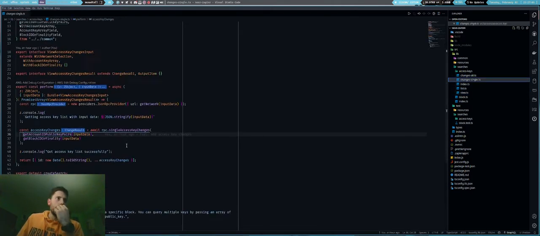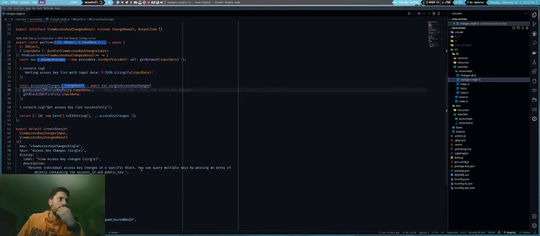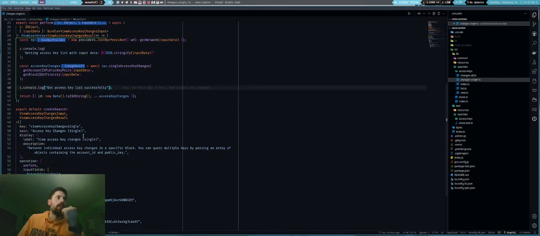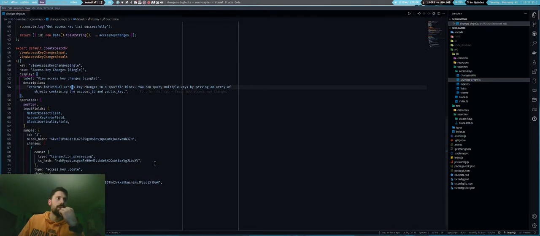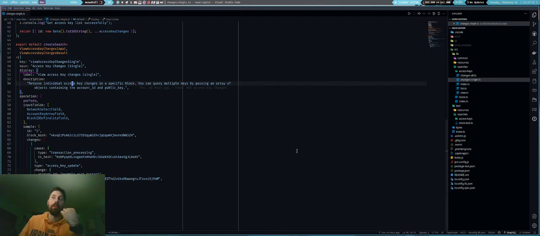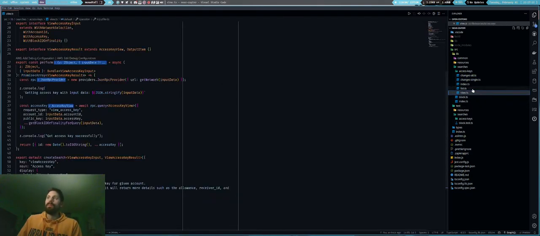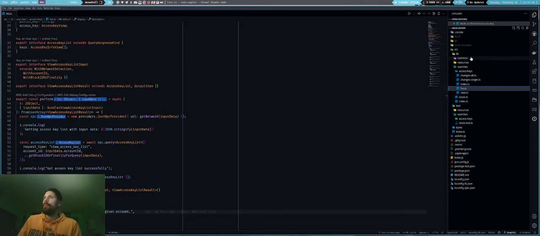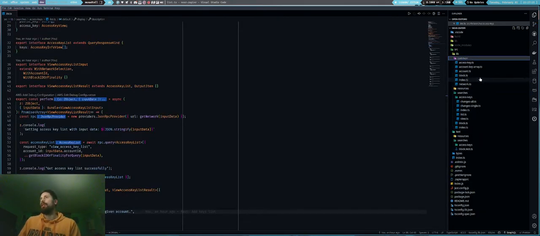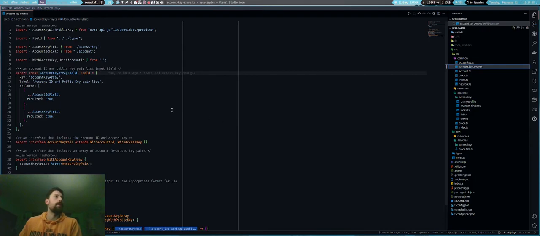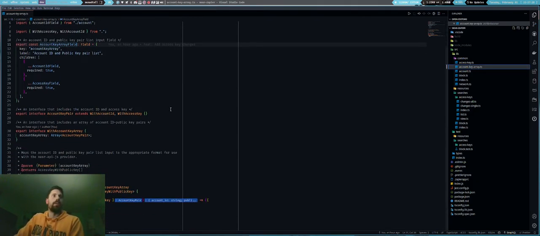And I basically created the whole functionality with descriptions and some examples which are copied over from the NEAR documentation. Then we have the common folder,